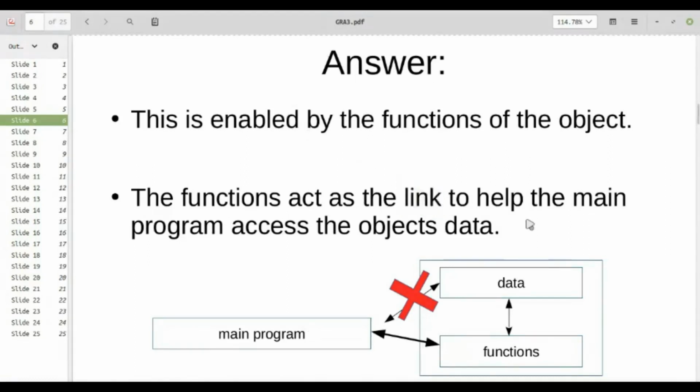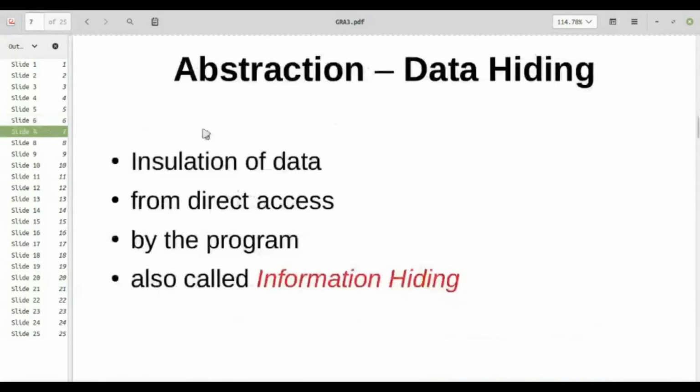If we have realized that yes, this is true and this is very logical, then that will bring us to our next basic concept, which is abstraction, also called data hiding, right?